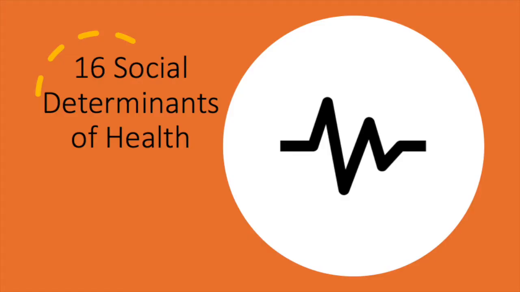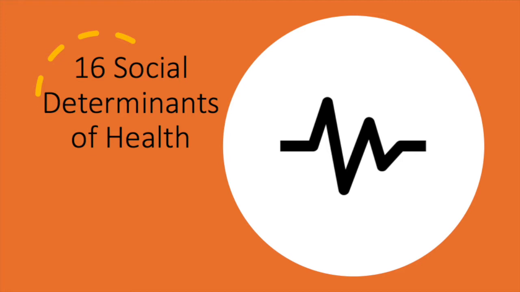First, I will start off by defining social determinants of health. According to the Center for Disease Control, conditions in which people live, learn, work, and play affect a wide range of health risks and outcomes. These conditions are known as social determinants of health. According to the Government of Canada, the social determinants of health influence the health of populations. They include income, social status, social support networks, education, employment and working conditions, social environments, physical environments, personal health practices and coping skills, healthy child development, gender, and culture.